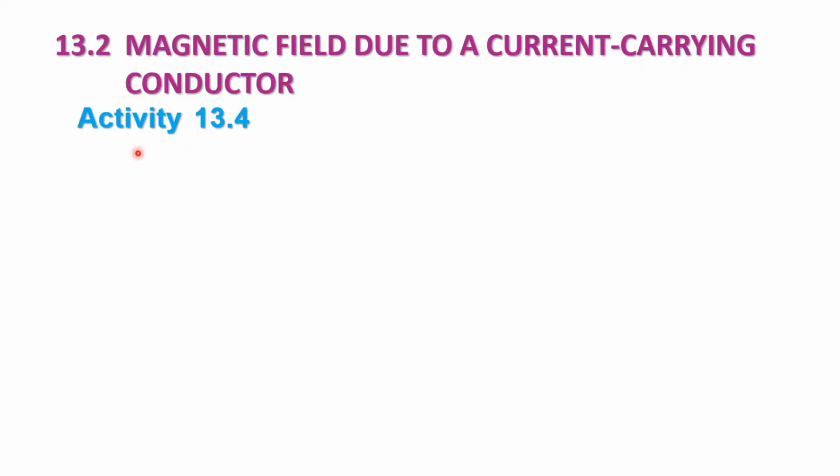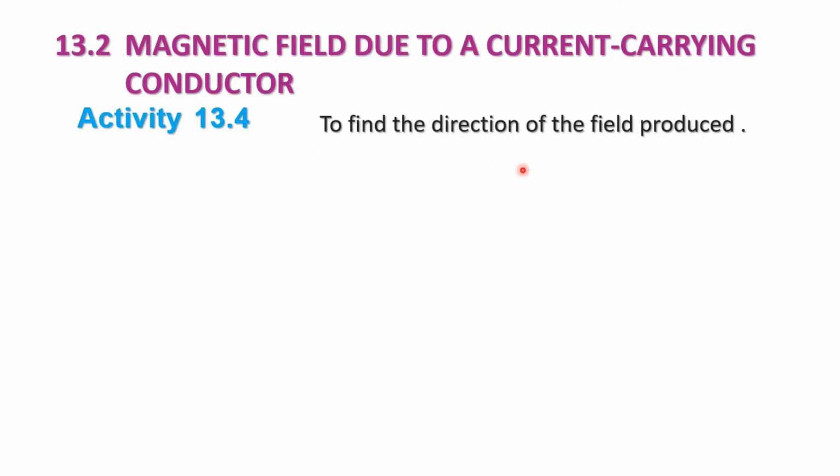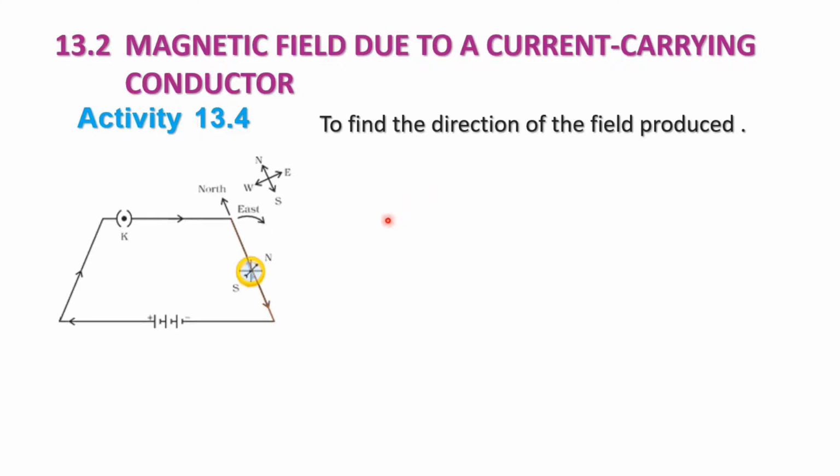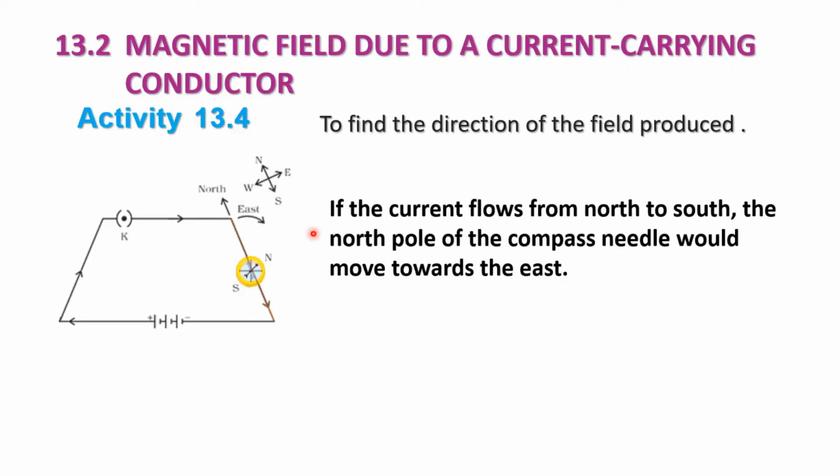For this, let us consider activity 13.4. This is to find the direction of the field produced. For this, let us consider this diagram. In this diagram, this is the battery, then a key connected with this copper wire, and under this copper wire, this is a compass. If the current flows from north to south, that means this is the north and this is the south, so if the current is flowing from north to south, we find that the compass needle north